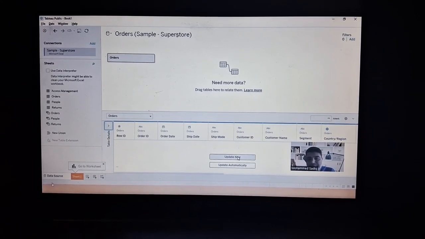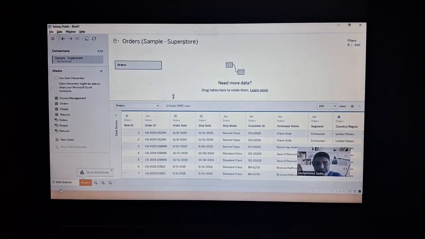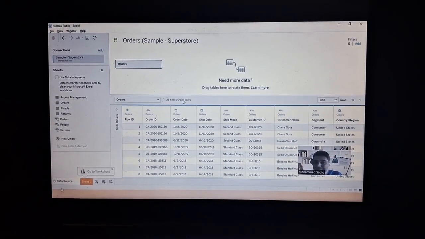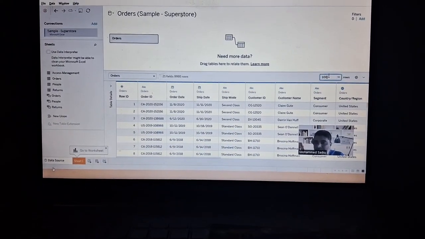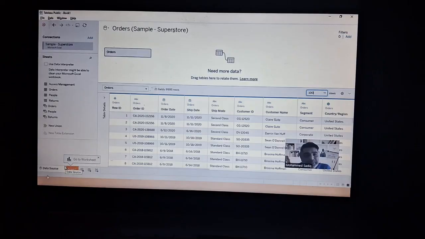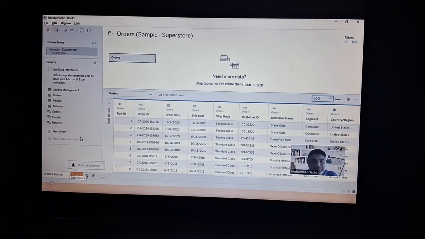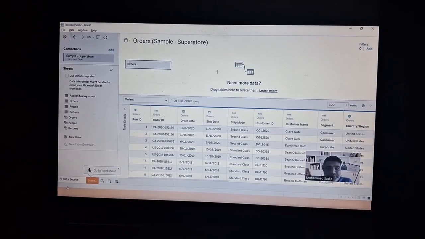It says to update, so update now. You can see it has a total of 9,995 rows and 21 columns, and it is showing a sample preview of 100 rows. You can increase that number. Okay, fine. So the next thing you observe here is, when Tableau reads